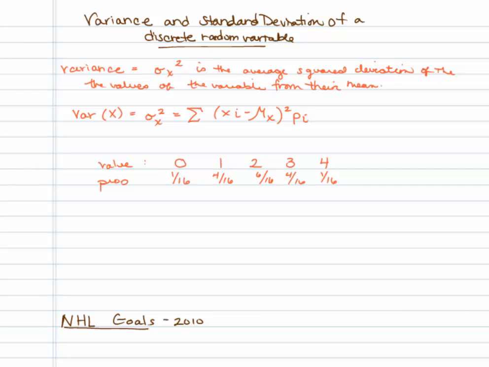But we need to make sure we use the weighted values. So instead of just saying we're going to use the number 0, we actually need to use the number 0, take away the mean squared, and then times it by its probability for each one of these, so that it's not like you're going to count one more than the other. You do actually want to count one. This guy is weighted more than all the others, so we want him to be represented more than all the others. So when you're summing all this together for your variance,